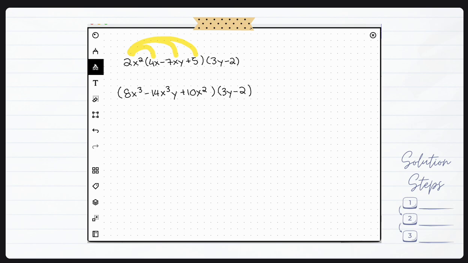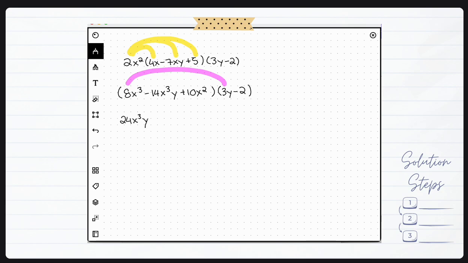It's very easy to multiply incorrectly, forget a negative, or even forget to add the exponents as you're multiplying them. So just take your time, make sure every step is correct along the way. So now we're going to take that 3y and distribute it to the other terms. So 3y times 8x cubed, which is going to give us